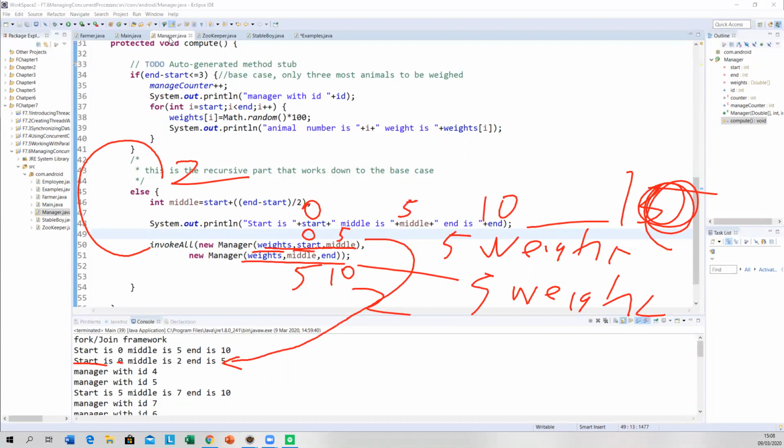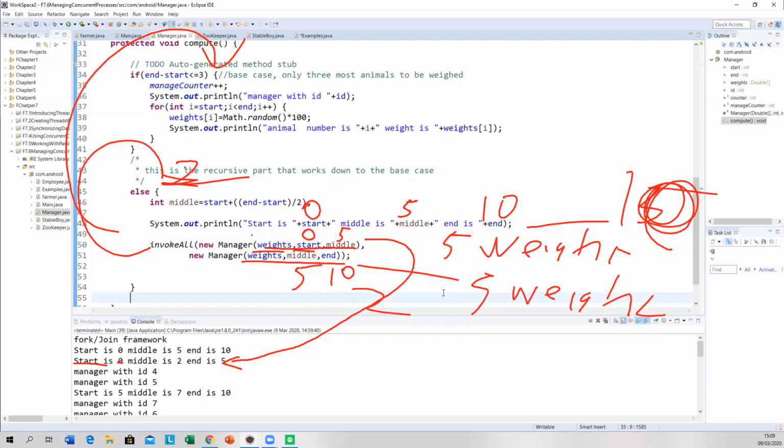So then you go start. 2 is less than or equal to 3, so it doesn't go into the else. It goes to here. End minus start is 2. Manager with ID, weight, I, Math.random multiplied by 100. Animal number is I dot weight, weight is weights. Now, I'm going to go through all that again, don't you worry.